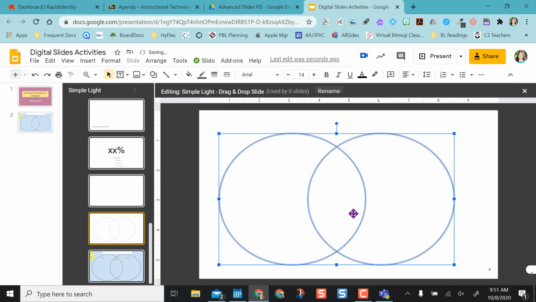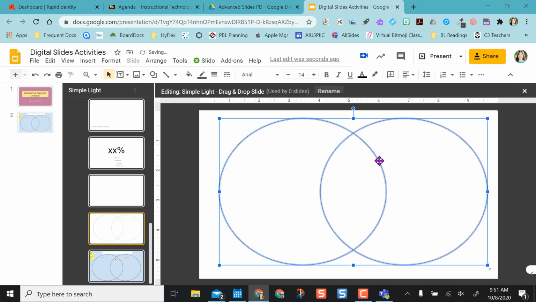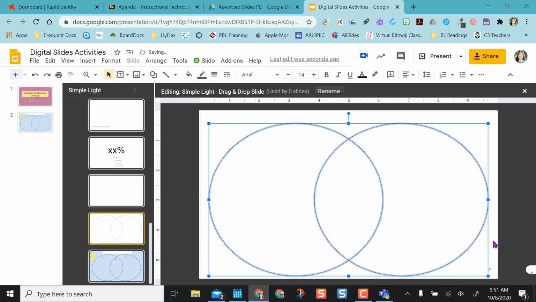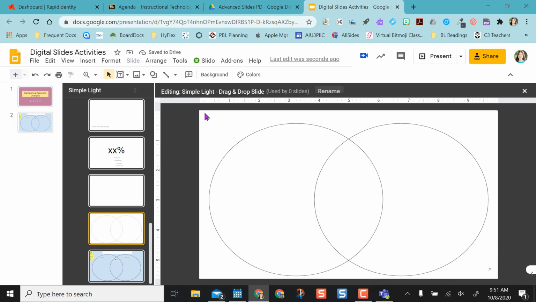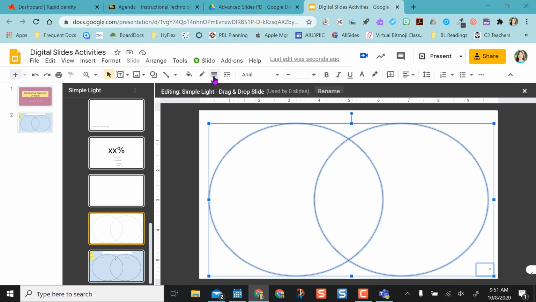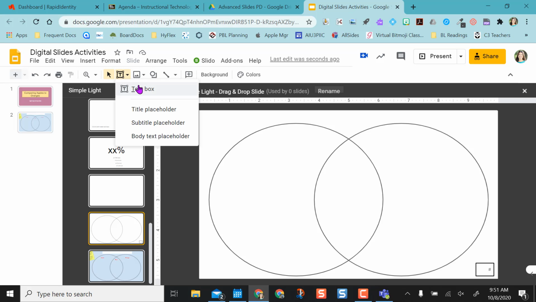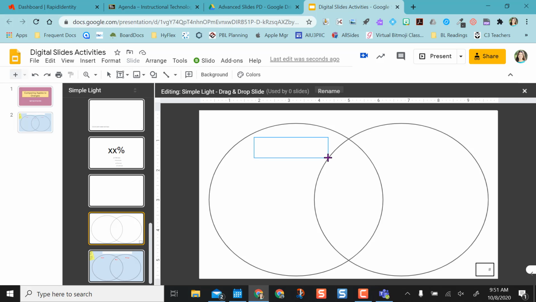I'm going to make this transparent so we can see through them. And then I'm going to make them the size that I want to make them. Okay? And so now I have that there. And I think I want to make the outline of them a little bit bolder. So I used a 2-point outline. And then from there, I can actually come over and get my text box and I can make my text